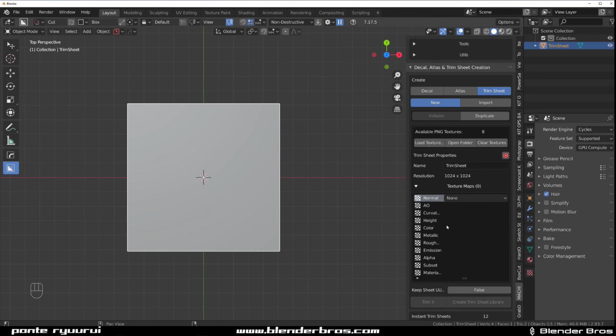So once you loaded all the textures, we need to rename this. So I'm gonna name it Blender Bros Trim 2, and we need to change the resolution, but the resolution is going to be changed automatically once you load the textures. Now I suggest you load 4K textures, so when you're going to be baking textures, bake them in 4K. Quality is much better, and if you